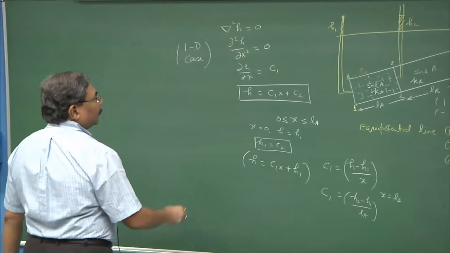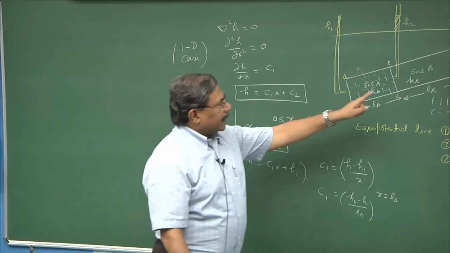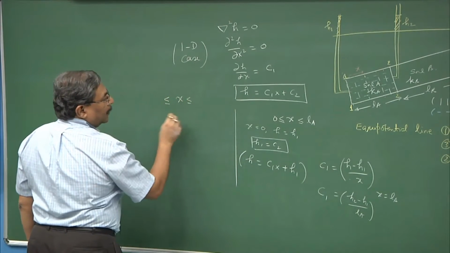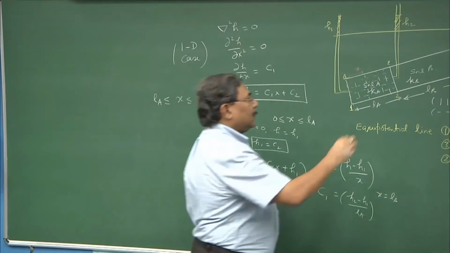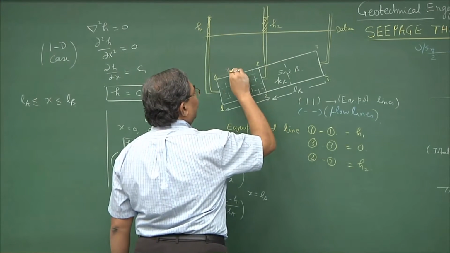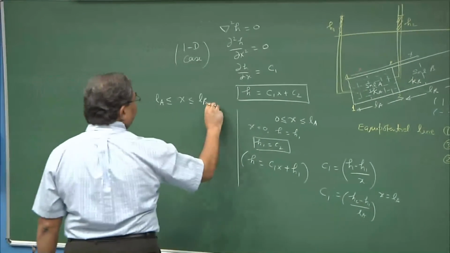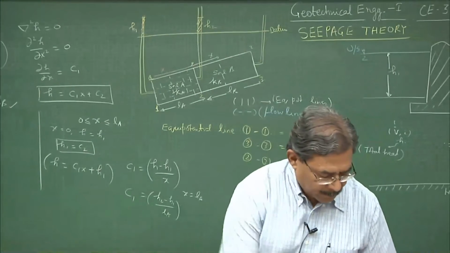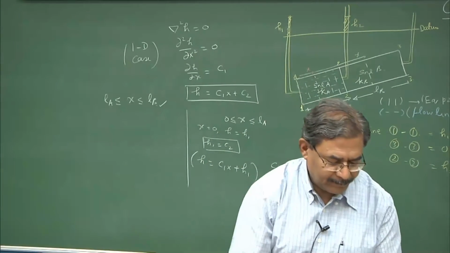Now, similarly, what you should be doing is try to find out the values of H in the second domain, that is when the value of x is between LA and LB. Suppose this is the point which I have considered here, let us say this is the x value. Now, I will give you the final expressions and please try it yourself to save some time.